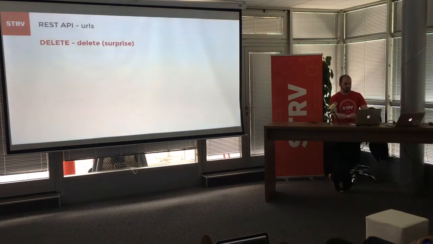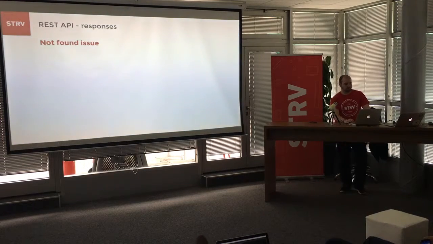Okay. Then delete. Delete is, again, surprise, it's used for deletes. And the URLs look like the ones for put. So every time you need to include the ID of what you are trying to delete. So for example, this. Of course, you need to validate if the car really belongs to the user. Otherwise, you will not delete it because it's not true what is there. Or you can delete the car directly, or you can also delete the user. I missed it. Never mind. It's the same as the car.